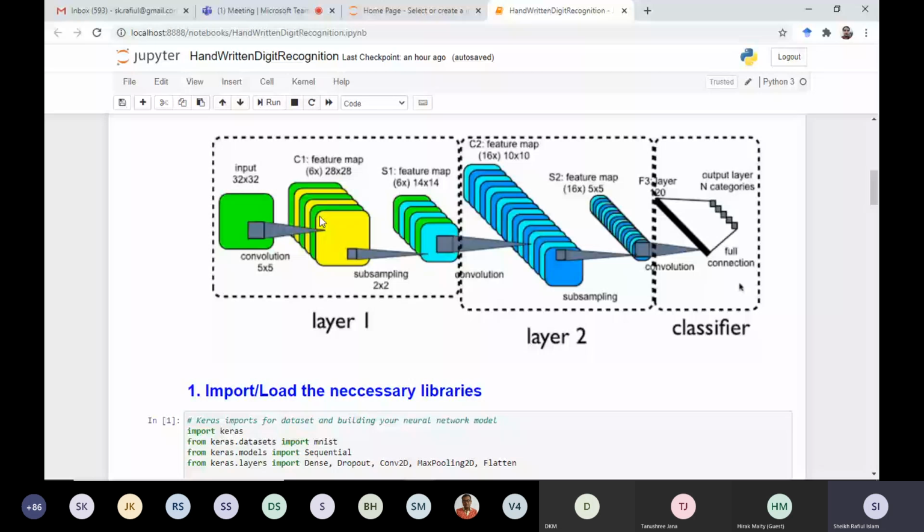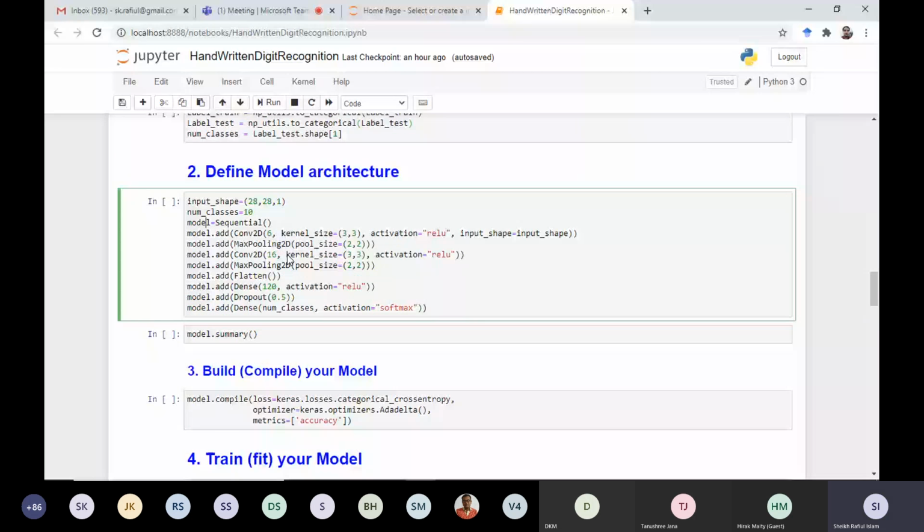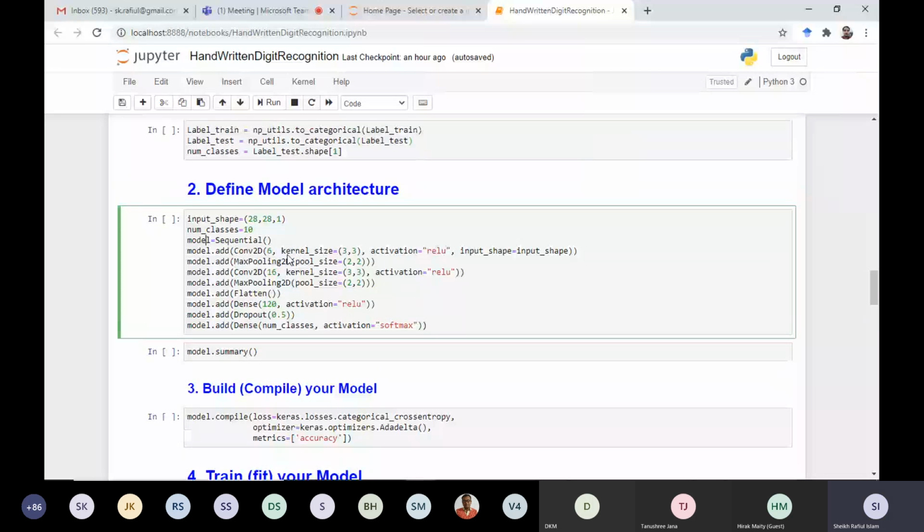That is 6, so the number of kernels is 6. What is the dimension of the kernels? That is 5 cross 5. So this is the number of kernels we have used, 6. The size of kernel is 3 cross 3.